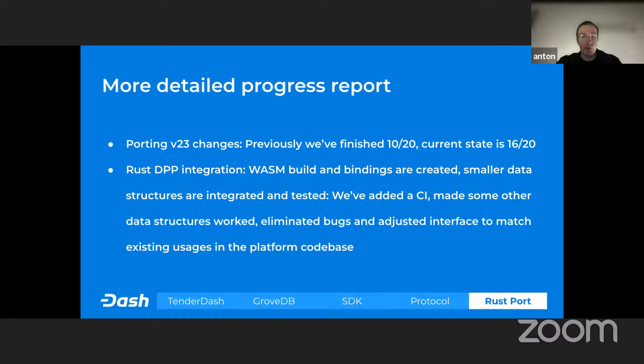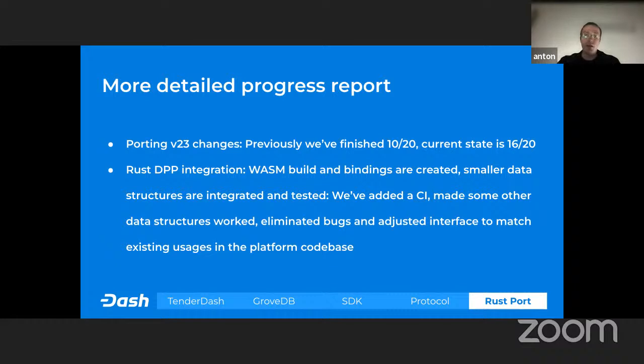We also continue to work on Rust DPP integration, which means integrating the Rust DPP into the platform. We're working on those two tasks in parallel because we want to integrate the new Rust DPP into the whole platform as soon as possible. Right now we are integrating V22 DPP as much as possible into the platform code base.